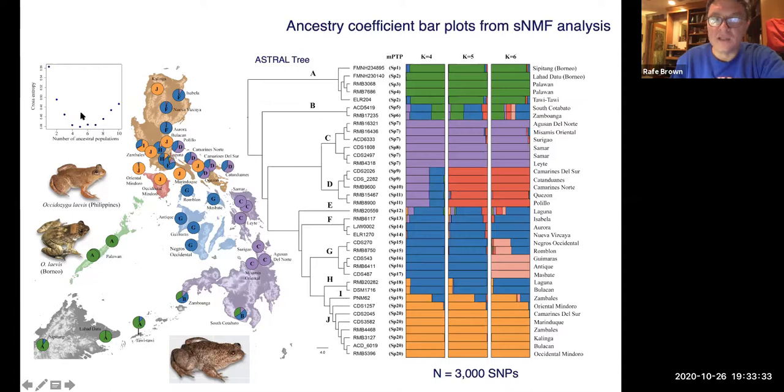And our cross-entropy plot suggested somewhere between 4 and 6, maybe more, ancestral populations, and then a lot of admixture between them, right? So the possibility for gene flow between some of these things. And I should mention, these are the SNPs that were mined from the FrogCap loci, exons and introns. And so even if we go with the most conservative 4 potential species here, you can see lots of